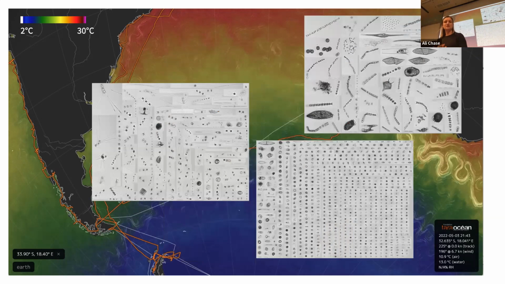Here are some screenshots that I grabbed during this recent trip, just to show you examples of how morphologically and taxonomically diverse the plankton are. These are all to the same size scale. You can see there's a variety of sizes and also different populations. For example, on the left panel, there was a fairly homogeneous community of one type of diatom. And we had some small cells in the middle of the ocean, and then some larger cells closer to the coast.